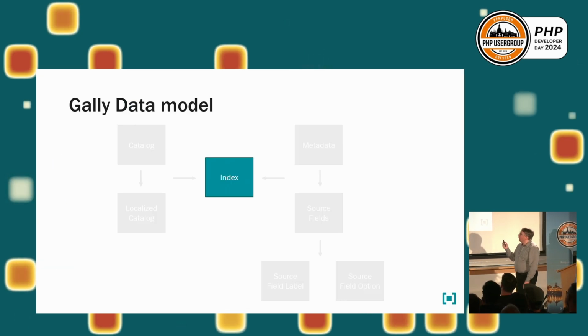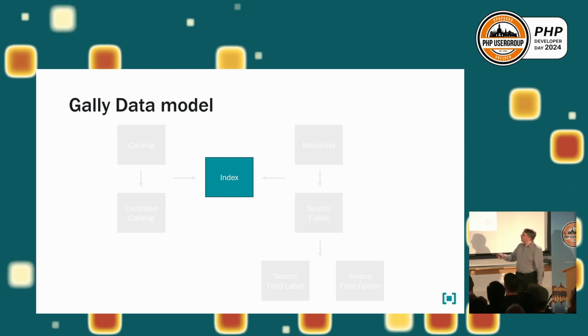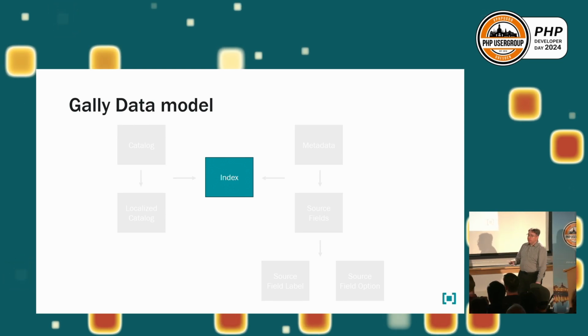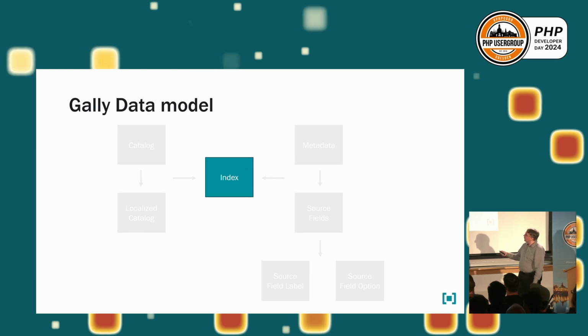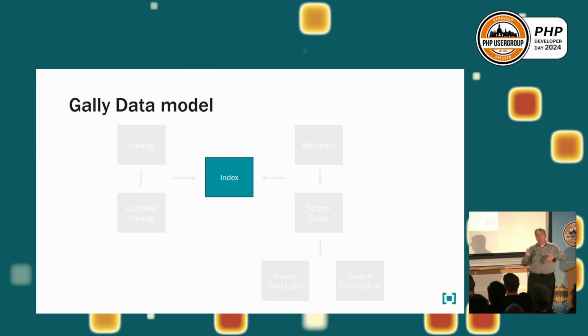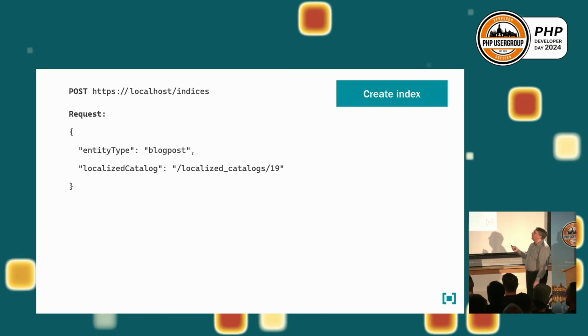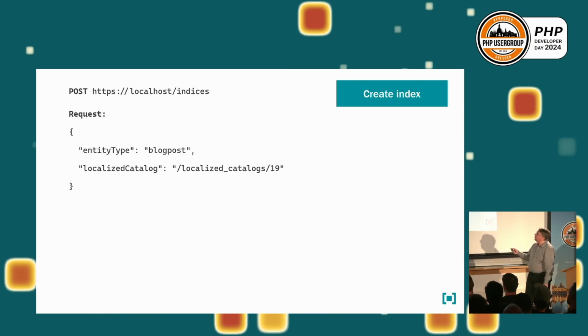Cool. We are slowly moving to the important parts. The index, as I said, combines the metadata and the localized catalog, and index is also the term that Elasticsearch uses. If you're not familiar, an index would be a kind of database table where all the stuff is put in. Creating an index is very easy. There is a /indices